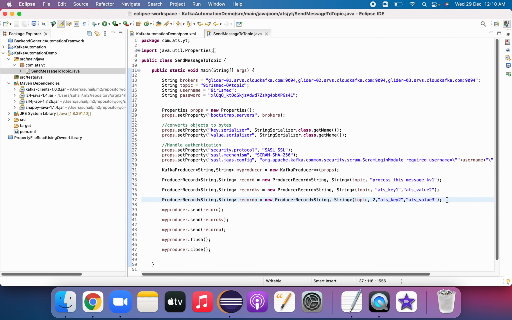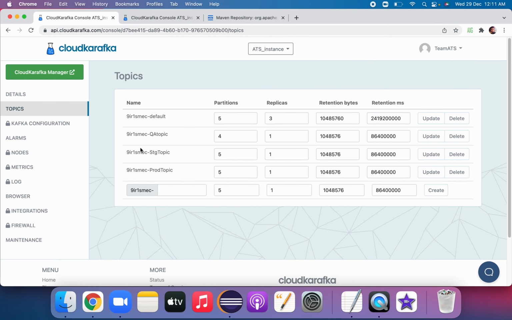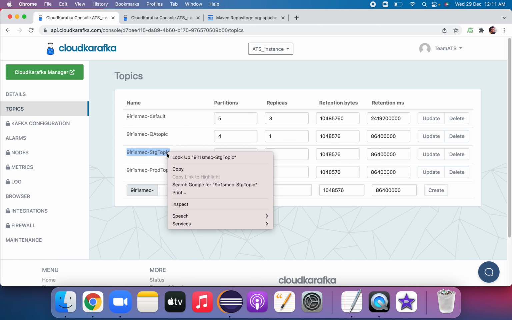Now we'll see another thing: we'll publish to an altogether different topic. We will create a copy of this as topic 2, and take another topic name, let's say stage topic.